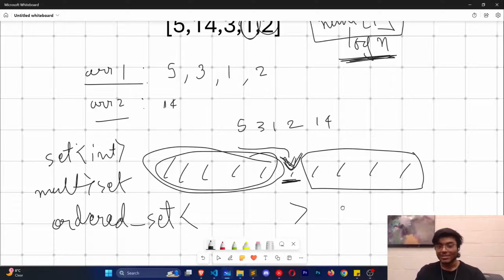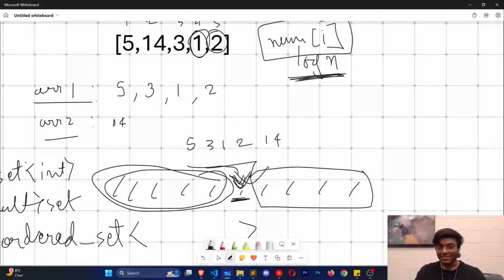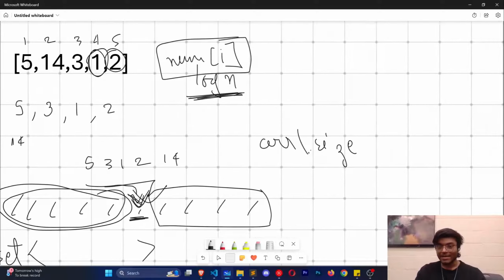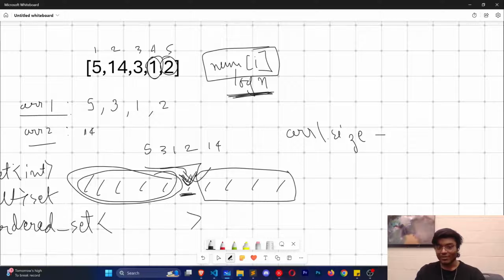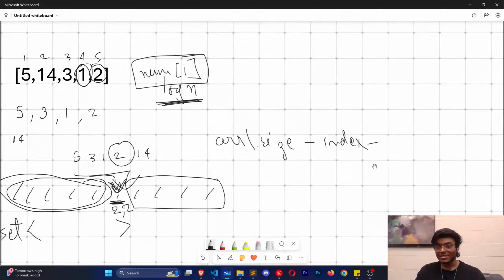So what I did was I find the index of this. I know the total number of elements in the array, which is basically array1.size. I subtract from array1.size whatever value I get from here. Let's say I'm calling it index, and then I just subtract. So let's say I'm searching for 2. There might already be 2's present over here, right? So then I just subtract